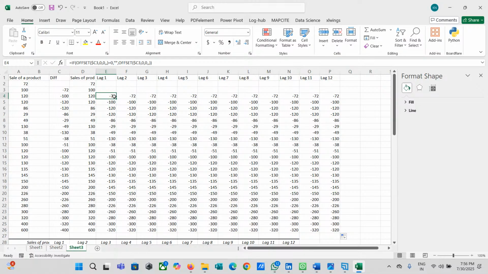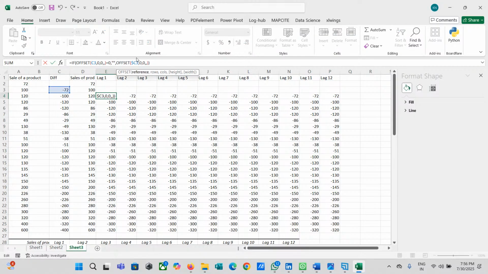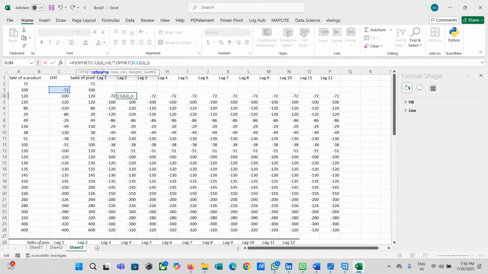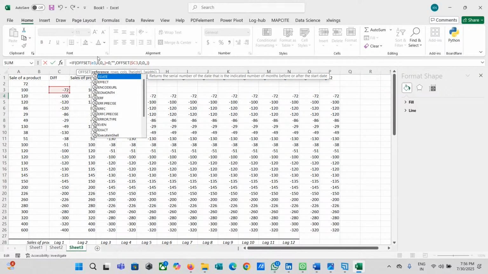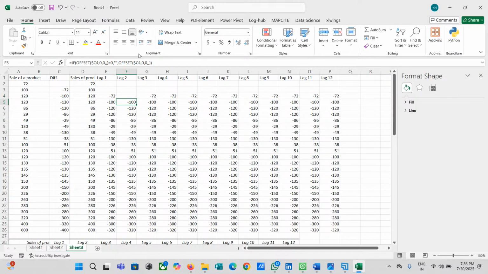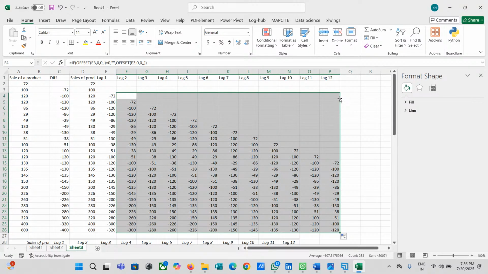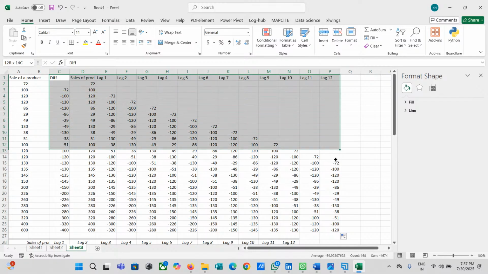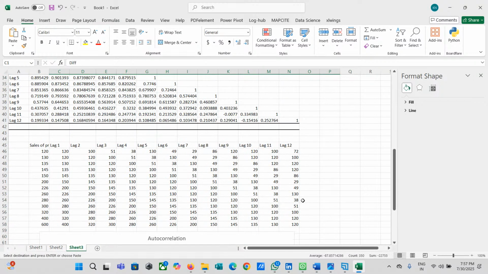Hmm. Now we have to go to E. Sorry, this was fine. Everything was fine earlier. There's no problem with C. We have to start from here, the E, because the sequence is changing. Now it's going to work. So we got the data over here. Now I'm going to build the autocorrelation based upon our lags.